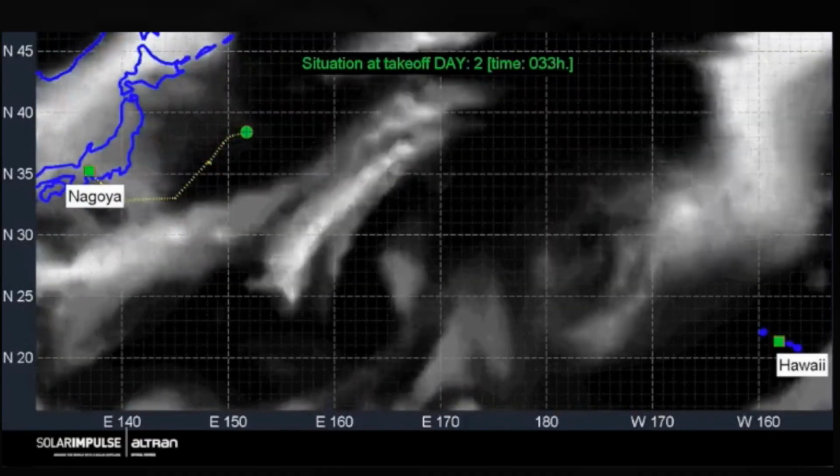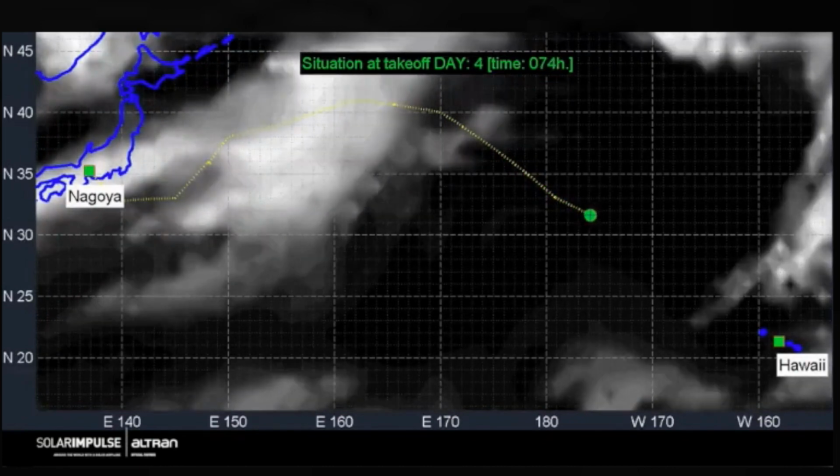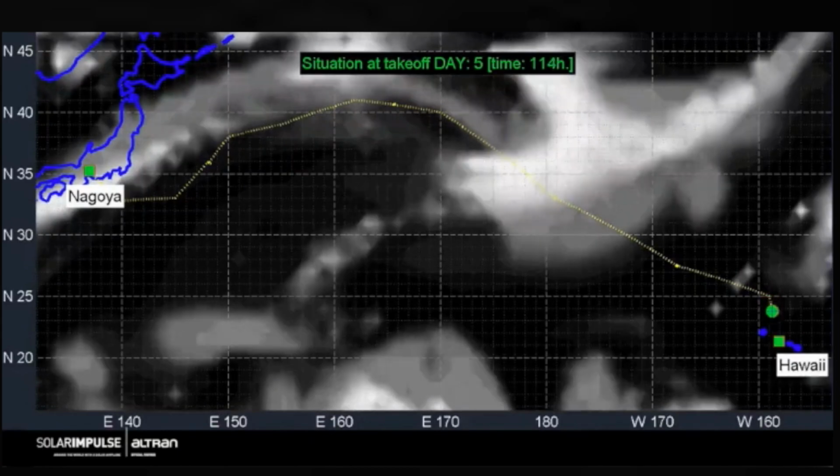Right after the landing we do another small inspection where we just more or less check if there is some water in the wing, if there are some tears in the fabric, or if we got some damage on the leading edges, propellers, and perhaps landing gear. And on top of all that, there's also a team running simulations to plan out the plane's path during its flight so that it can avoid any bad weather and continue on its round-the-world journey. So over a decade since its initial idea, Solar Impulse is now accomplishing its goal of traveling around the world